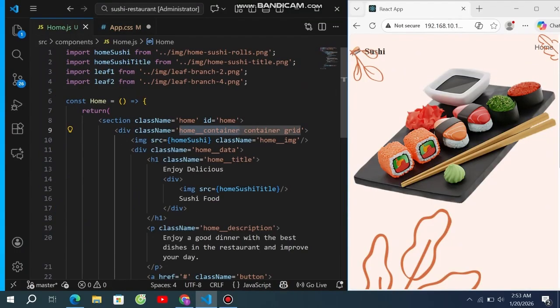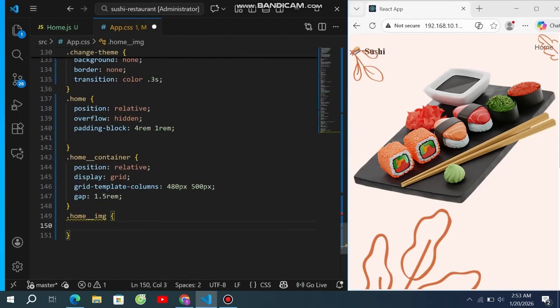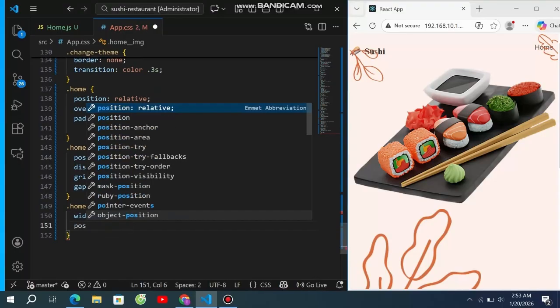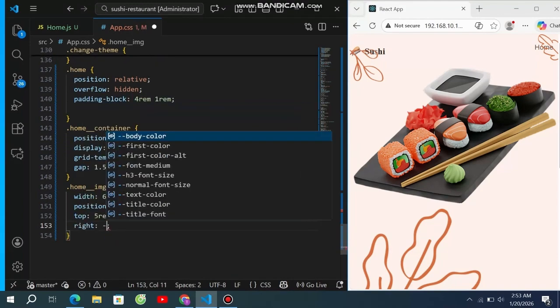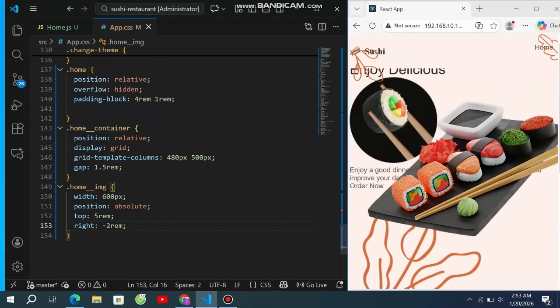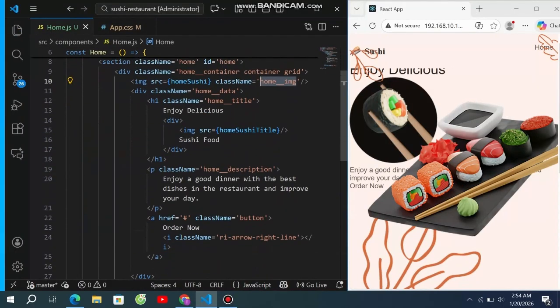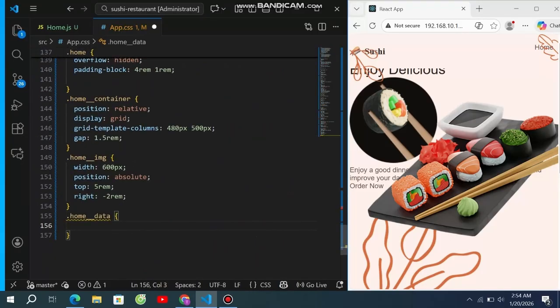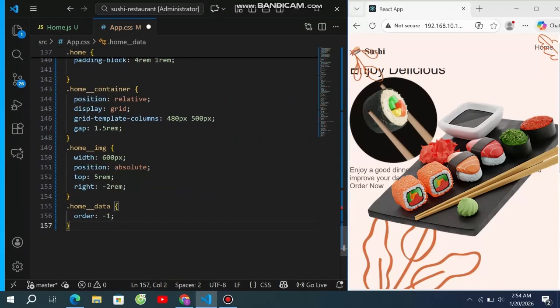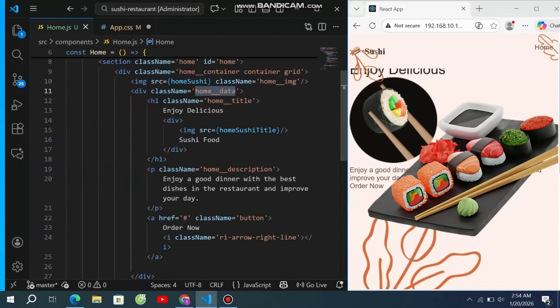Now copy this home image and use in CSS file with 600 pixel, position absolute, top 5 rem, right -2 rem. Now copy this home data and use in CSS file with dot, order -1. Now copy this home title and use in CSS file, font family,